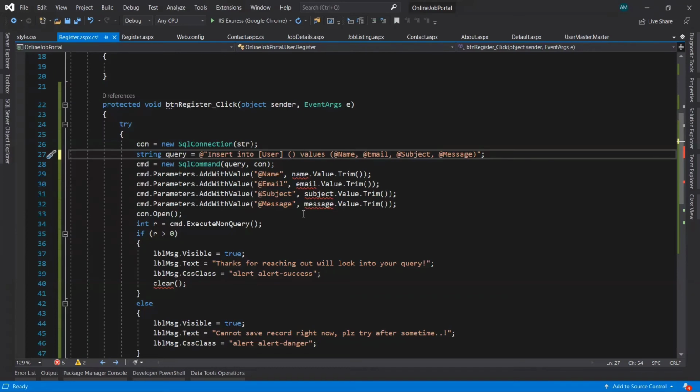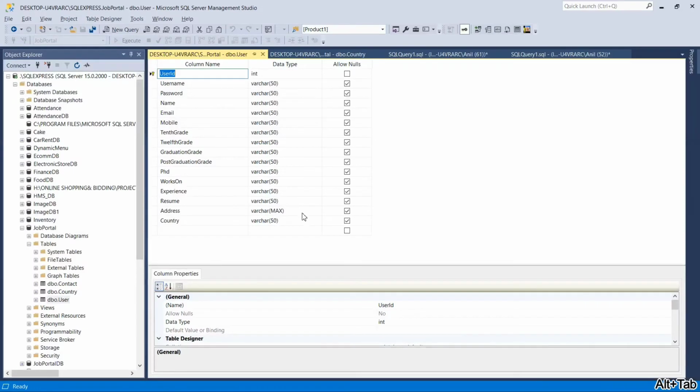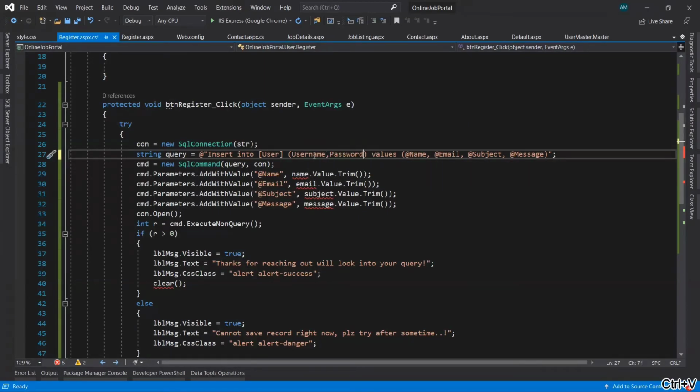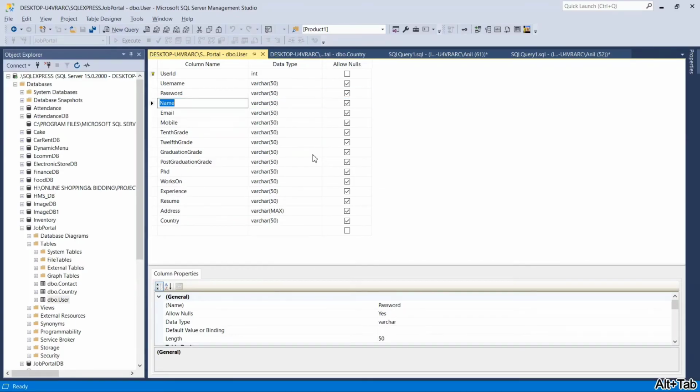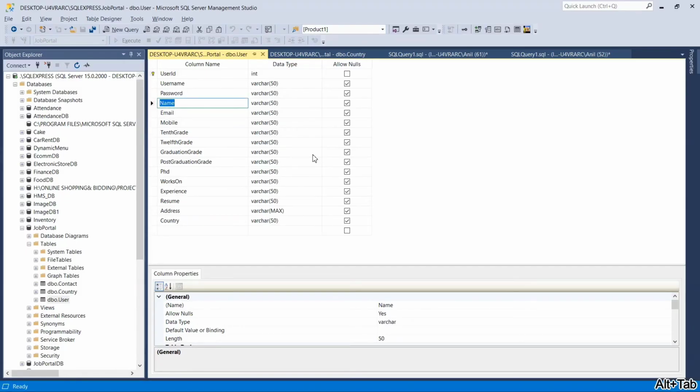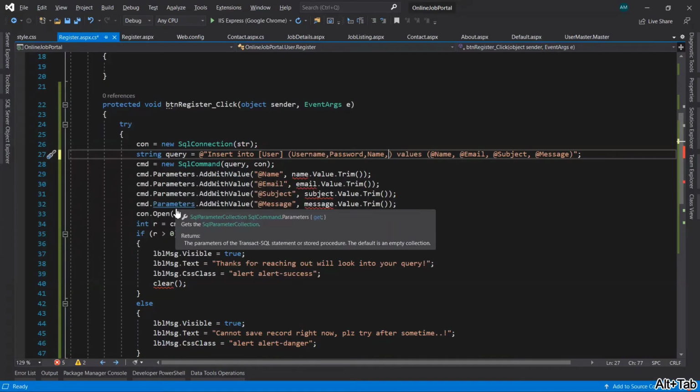So the first one is username. Okay, let's open this one. Username, then password, comma, paste, comma, name, paste, comma, then after name, address is there, copy, paste.